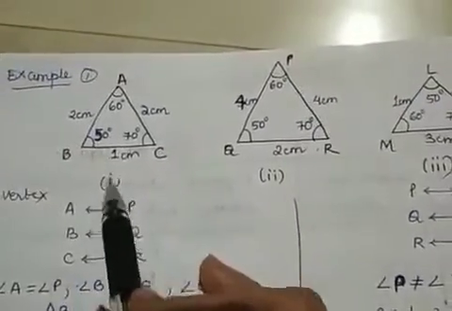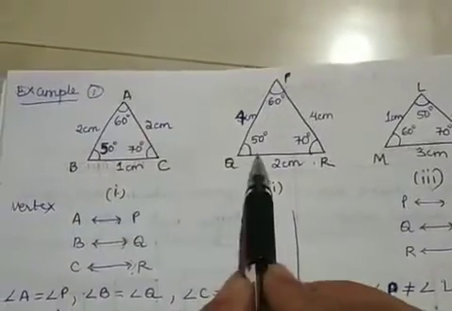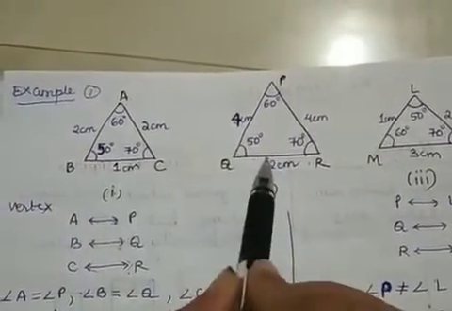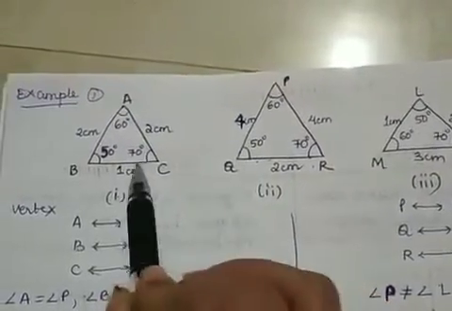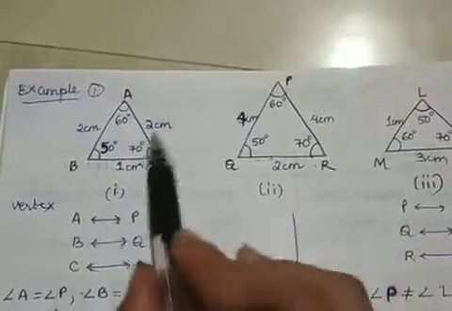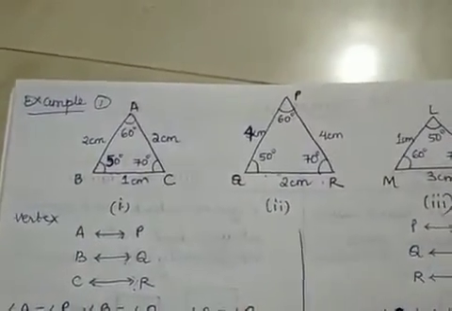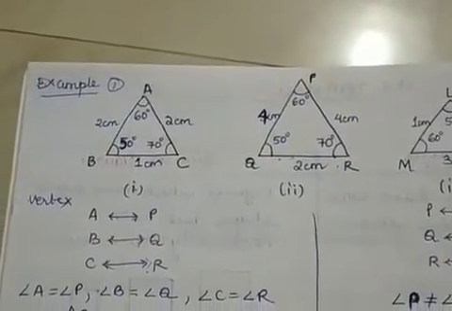Now if you look at these two figures, I want to check whether they are similar figures. They are not congruent. Why? Because they are not of the same size, right? They are of the same shape, but they are not of the same size, so they are not congruent. Now let us see if figures 1 and 2 are similar figures.